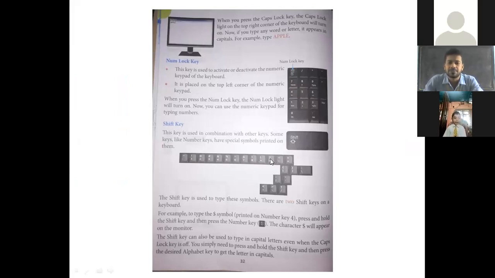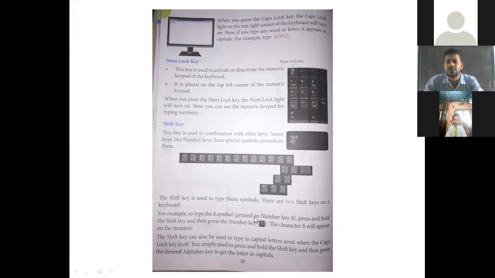Not only these number keys, here we have brackets. First bracket, second bracket, some brackets are down, some brackets are on top of that key, and then semicolon, colon, then greater than, smaller than symbol, then question mark, slash. All these symbols you can see in a single key. There are 2 or 3 symbols sometimes. So how to use all these keys? With the use of the shift key, we can use these symbols in our document. Here it is written, the shift key is used to type these symbols.